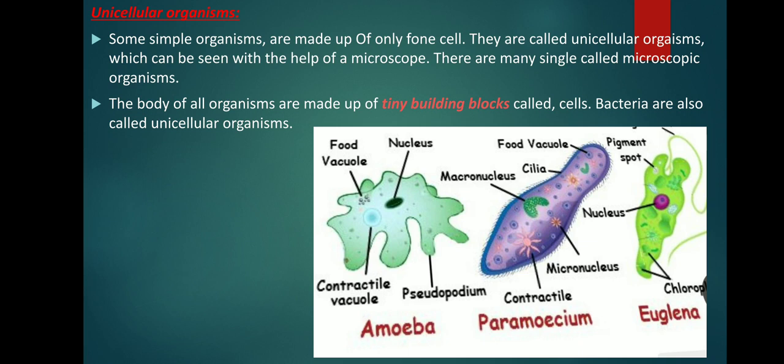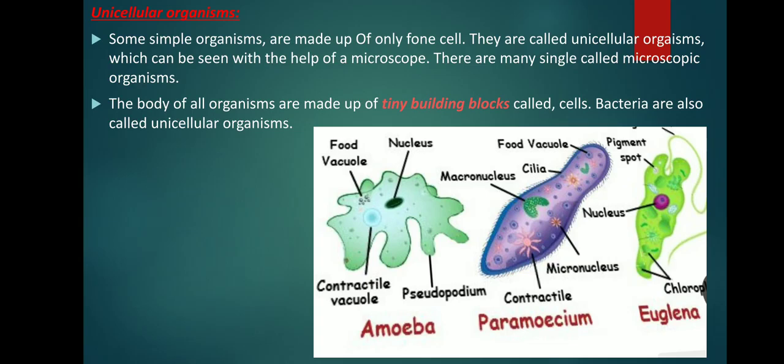Now we are going to discuss unicellular organisms. Life on earth evolved from a single cell millions of years ago. These single cells are known as unicellular organisms. All the life processes in a unicellular organism, including digestion, excretion, respiration, occur within a single cell. These cannot be seen by the naked eye and are hence called microorganisms. There are several kinds of unicellular organisms such as bacteria, protozoa, algae, fungi, etc.